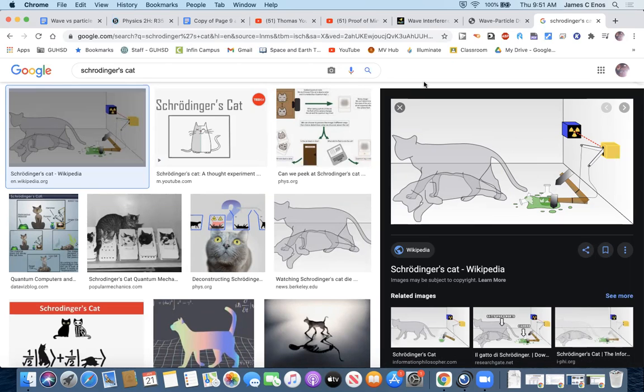Perspective is reality. But in this thought experiment, it's not about killing cats. It's about being an observer. And if you open up a box, then you affect the experiment in that box. What you're saying is that cat dead or alive. If you open it, you decide that the cat is dead. So this is a pretty confusing